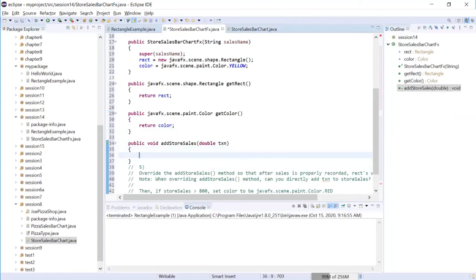Here, we will not be able to add the transaction to storeCells because we won't be able to access storeCells. It says storeCells is not visible. It's a private field. So what we need to do is call the previous addStoreCells, the superclass. But how do we know this is the superclass? Actually, you can see that